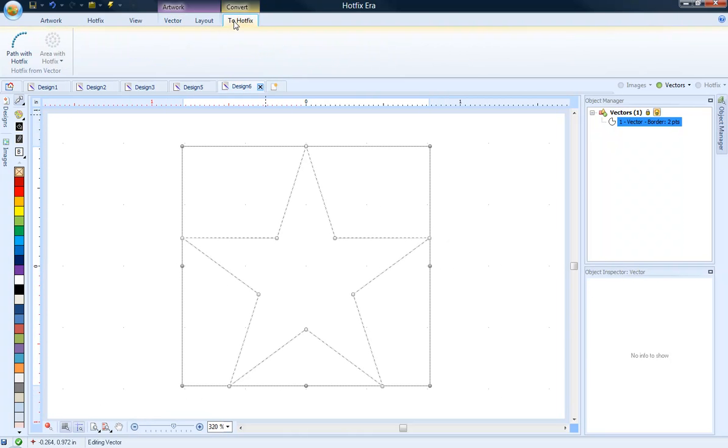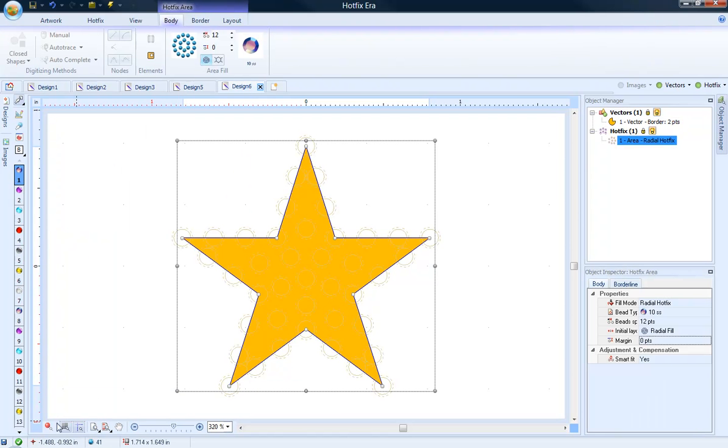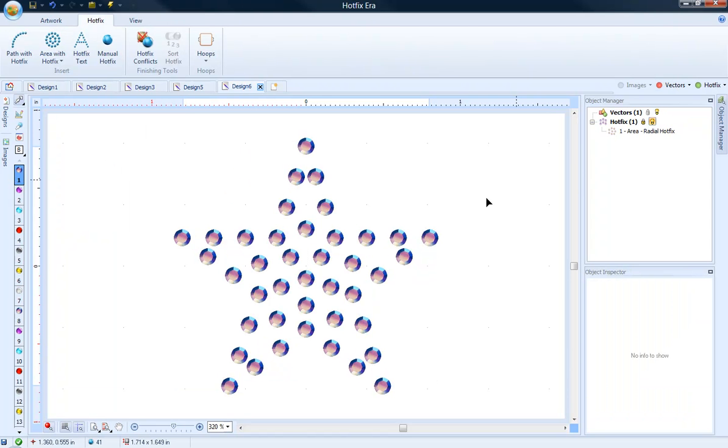So convert to Hotfix. Well, we have to give it a color in order to do that. So we give it a color, and then we can do a radial hotfix, and that's it. That's all done. And see what the result is? You have the right here at the corners. You can see now it doesn't have as many stones as what our star has, an extra stone at every one of these